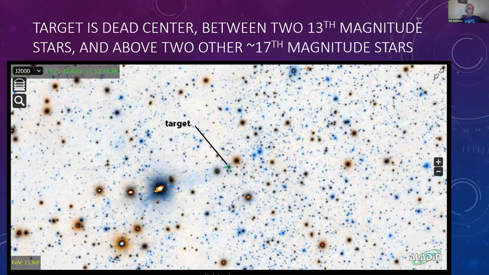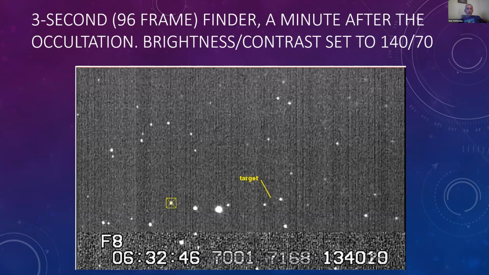So they might say, well, Rick, that's tough to beat. Are you really going to be able to do better than that with this new idea that you've got? Well, I wanted to find out. So here is a 3-second finder. And I've adjusted the background and the range so that the sky is sort of optimal.